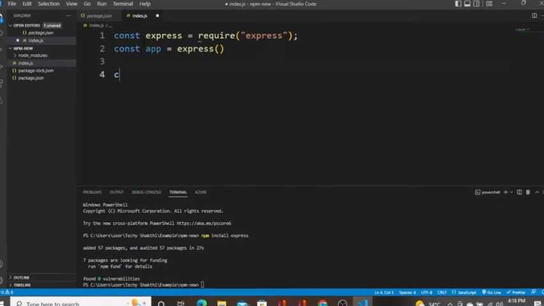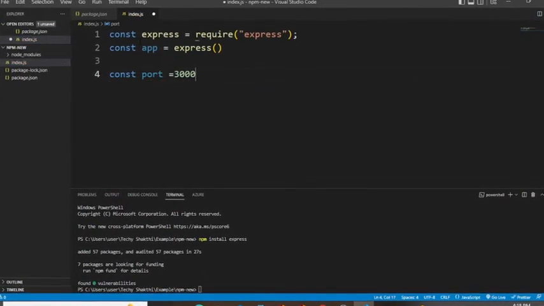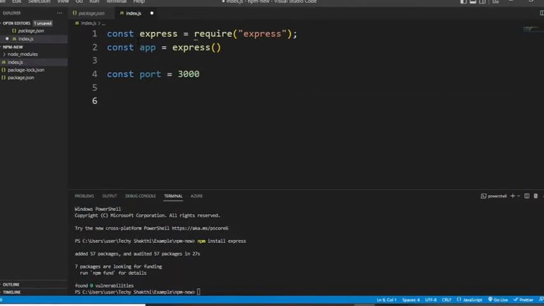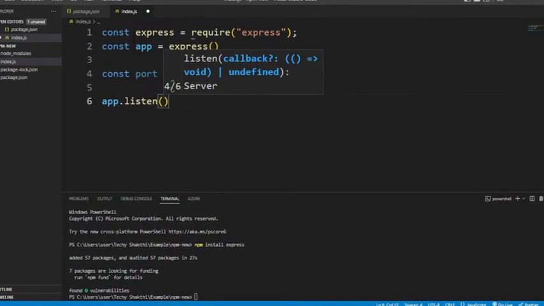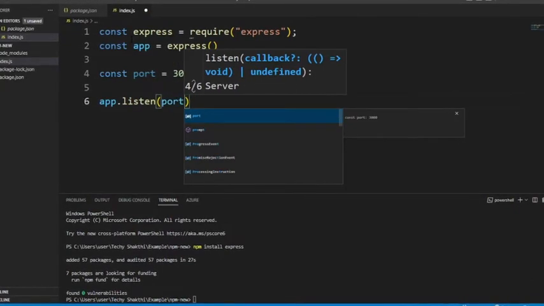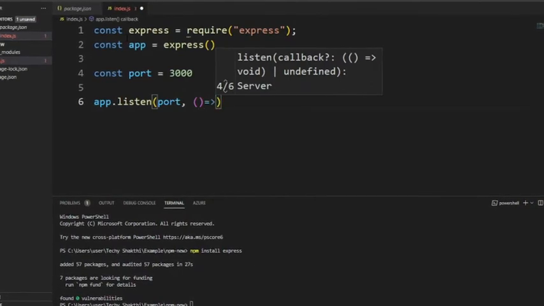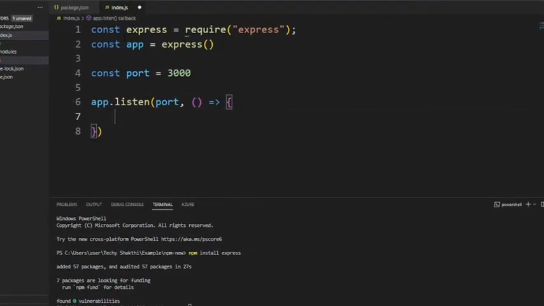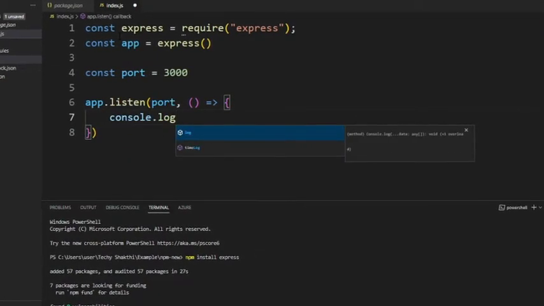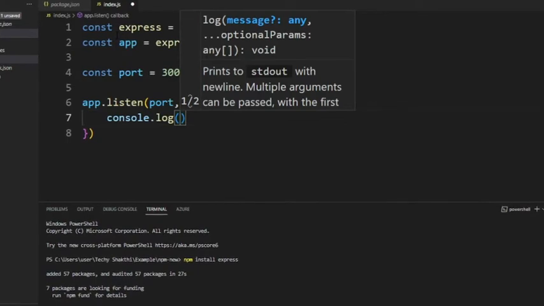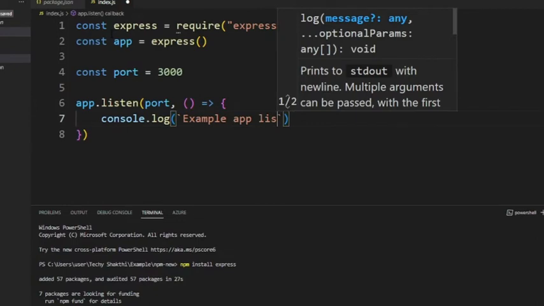So I'm going to have a port called 3000, right? And I'm going to say app.listen. I'm going to have this port number, comma, arrow function, and inside it I'm going to have a console.log. So this is going to be "Example app listening